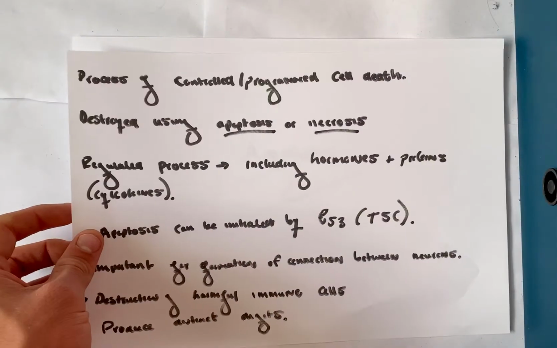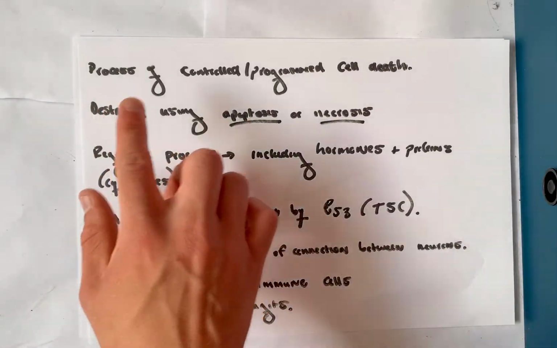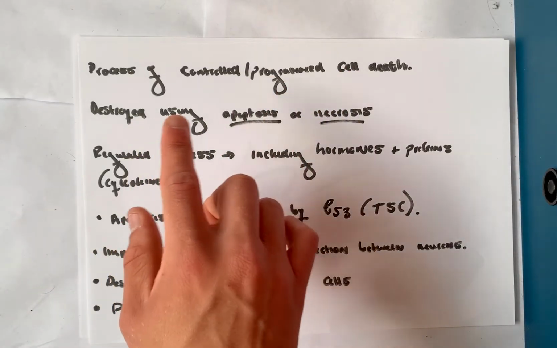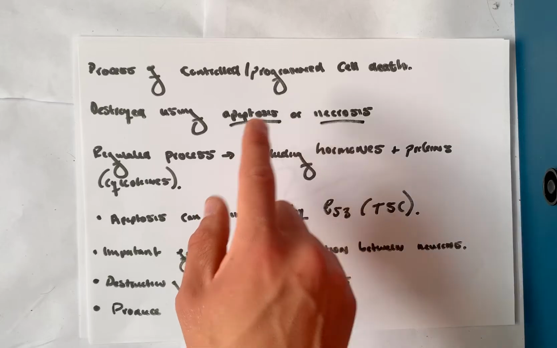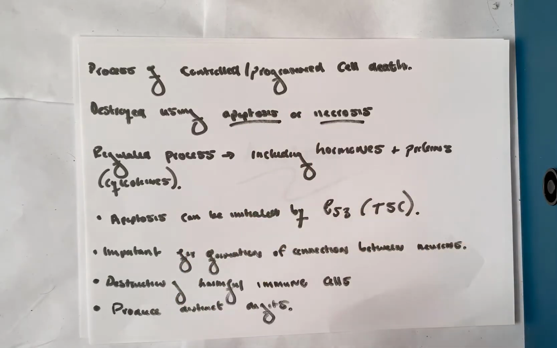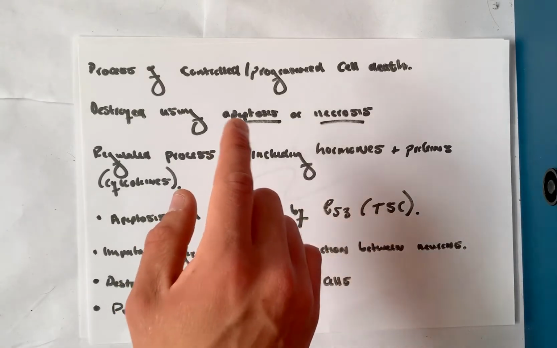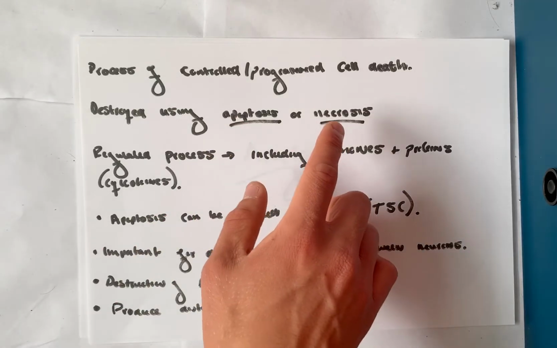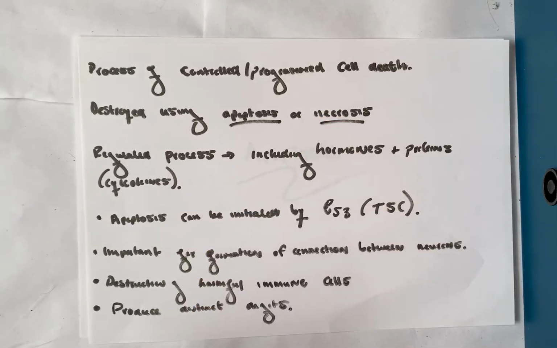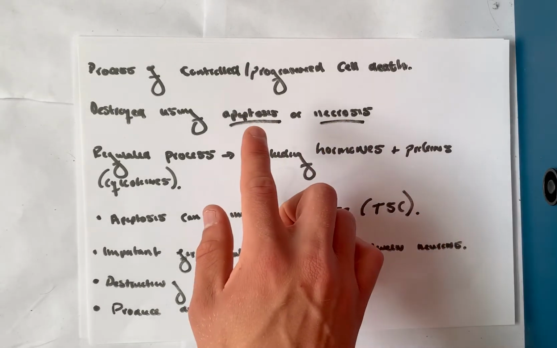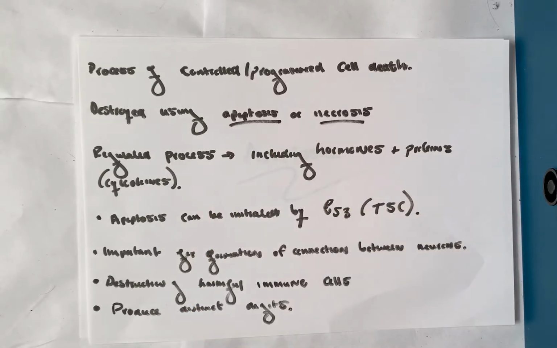So apoptosis is the process of controlled and programmed cell death. Cells can be destroyed by two processes, either apoptosis or a process known as necrosis. Like we've just said, apoptosis is the internal controlled programmed cell death, whereas necrosis occurs by the rupture of the cell membrane and the release of hydrolytic enzymes, either caused by an infection or a trauma. So obviously this is very bad and can damage the cell, whereas this is the internal controlled mechanism for the